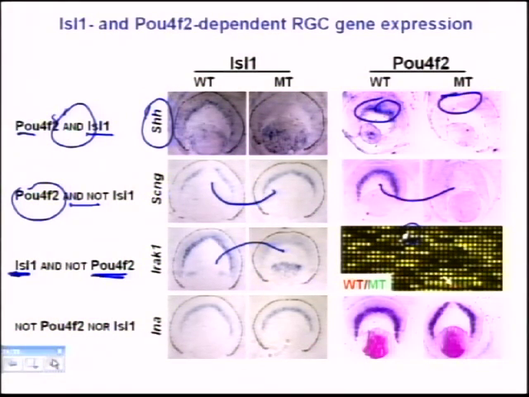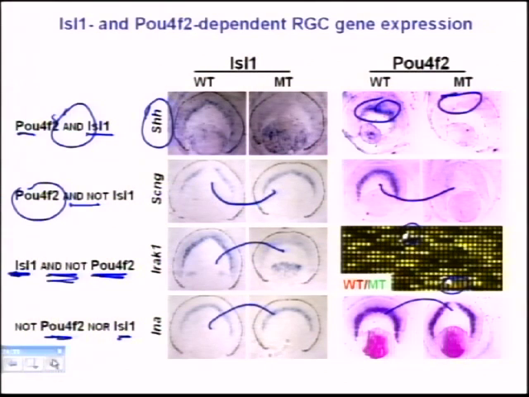This is just a control showing you that in this microarray this particular gene was downregulated. So in this case, we have an AND NOT logic element. That's another pattern. And then we have some that aren't controlled by either one, suggesting there are yet other transcription factors that sit in this hierarchical layer. And this is internexin alpha, the one I've talked about before. So it's not changed in either of these particular transcription factors.